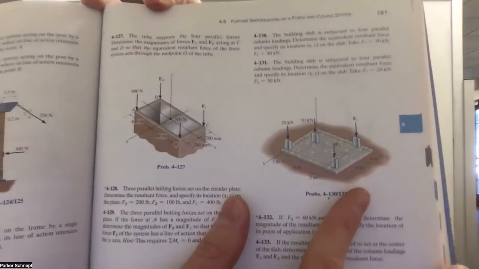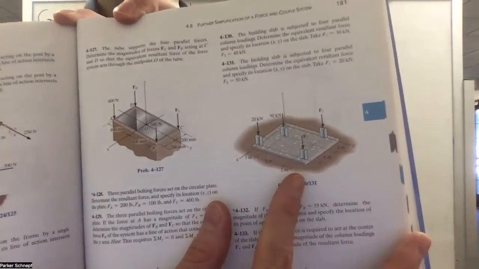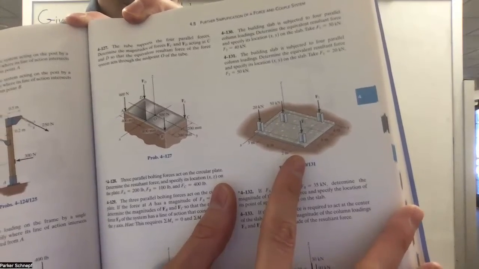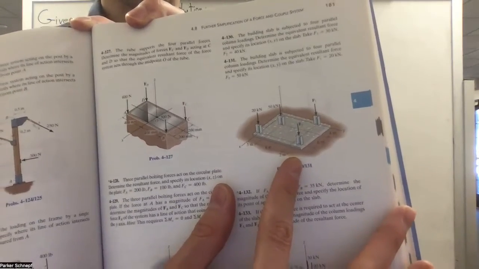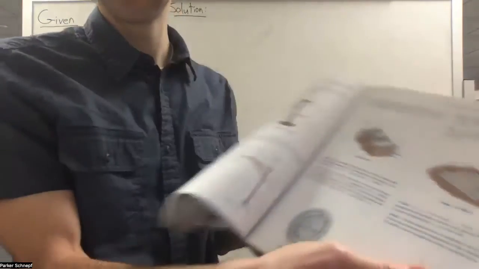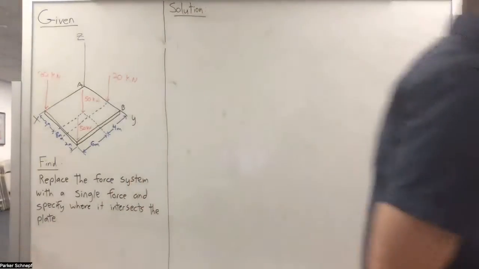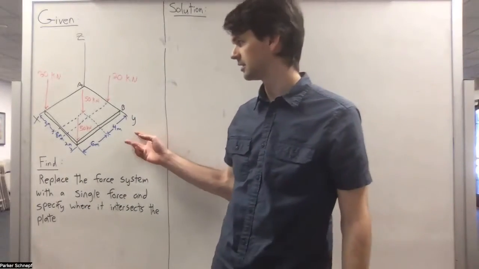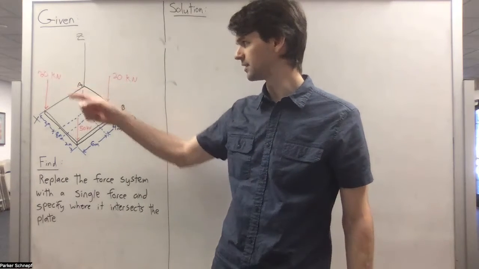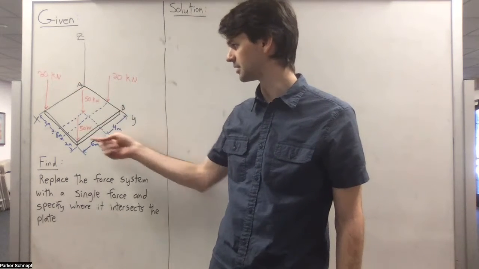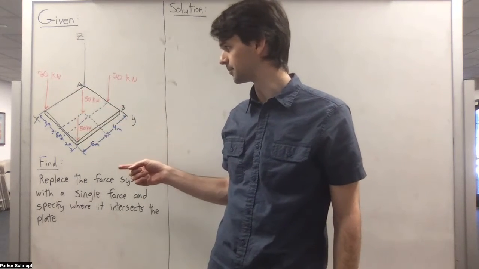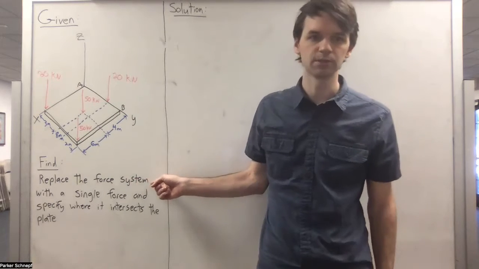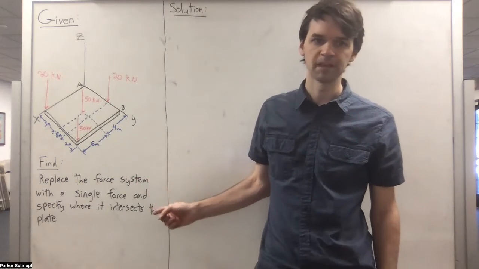Right here, we have this plate and it's got these I-beams in there, and there's force on each I-beam. I've done a crude drawing on the board here, dimensions and everything. So we have these four forces that are all going down in the z direction. They're at different places on this foundation. And what we're asked to do is to replace the force system with a single force and specify where it